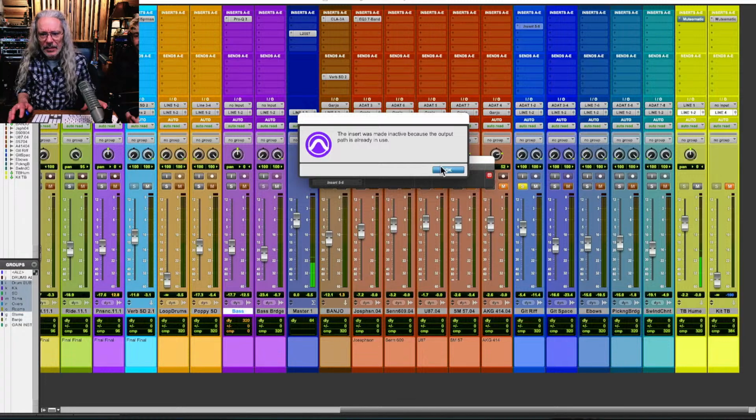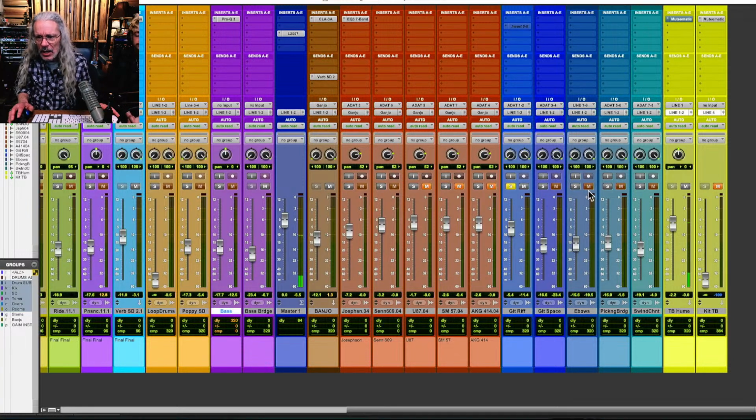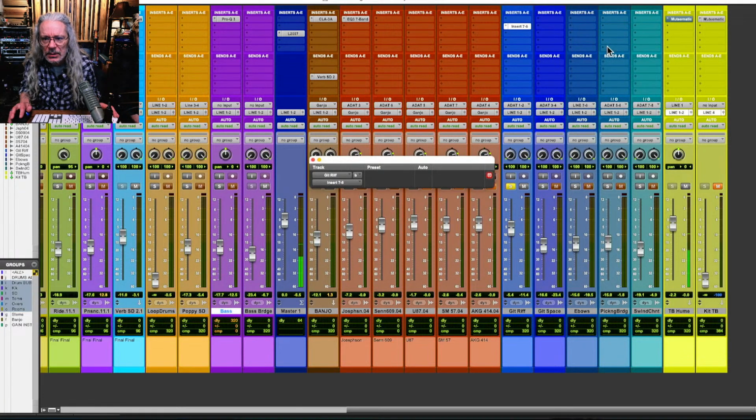Oh, gosh. Sometimes I hate Universal Audio when it comes to this, where it wants to change how it defines what 3 and 4 is, becomes 5 and 6. Hold on. Let me try 7 and 8. Will it let me do 7 and 8? Come on, I want to do this. Okay, maybe that'll work. But that doesn't make any sense either, because 7 and 8...